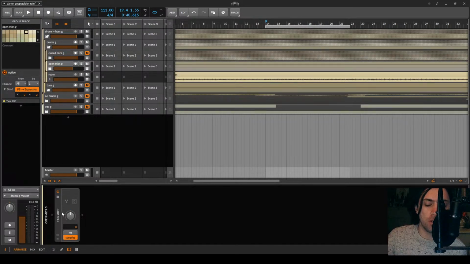That makes sense because room mics are further away from the drum kit, which means the sound takes longer to reach the mic, which just means that it comes later than the rest of the signals. So if you want to align signals, then the closer mics have to be delayed forwards.